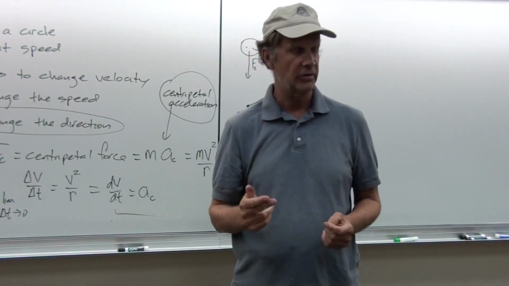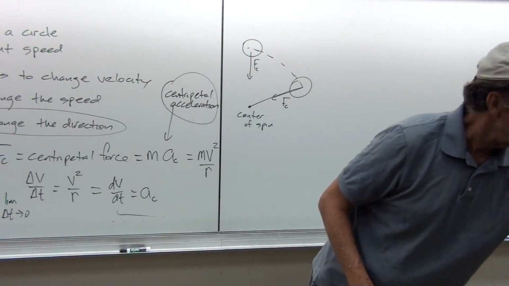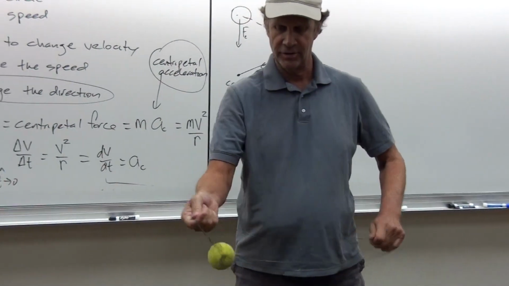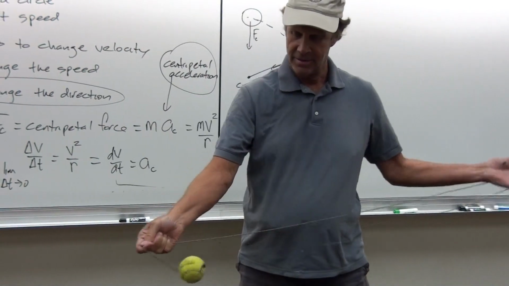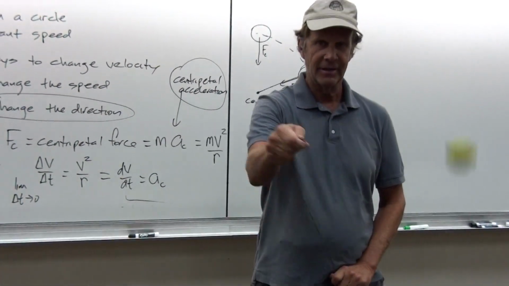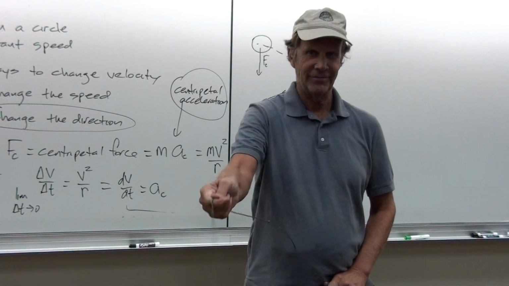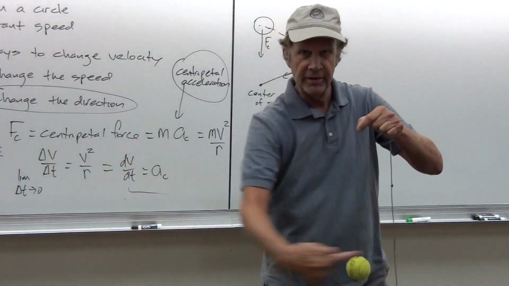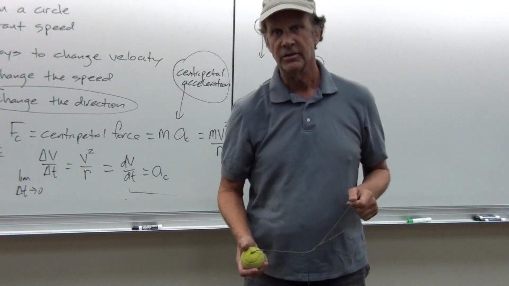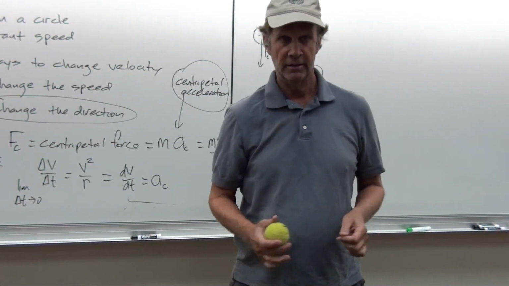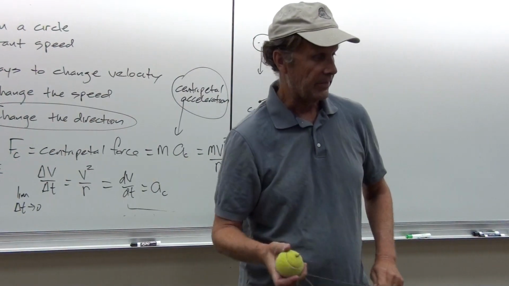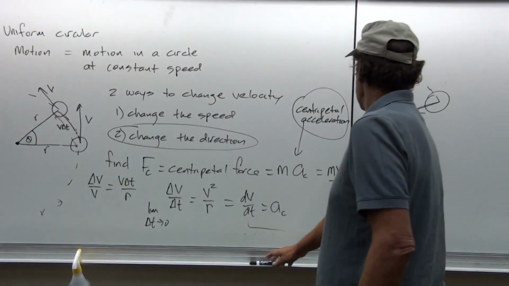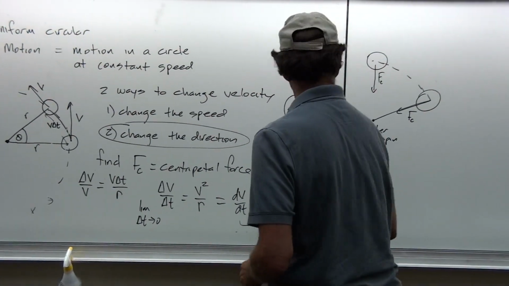If somebody were to cut the string, or the string, even worse, were to break, oh my gosh, then we're in trouble, because as this thing goes faster and faster, it creates more and more tension in that string. Say if it broke at this point, then it would take off at a tangent to the circle in a straight line. And so at that point, we would no longer have uniform circular motion.